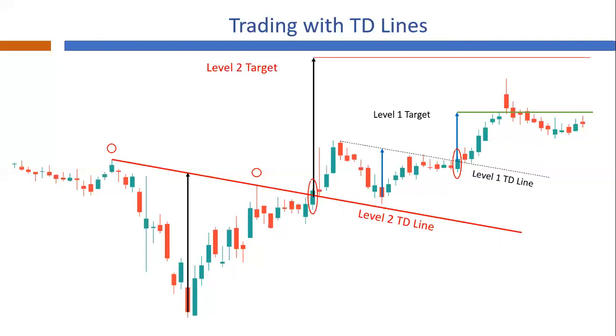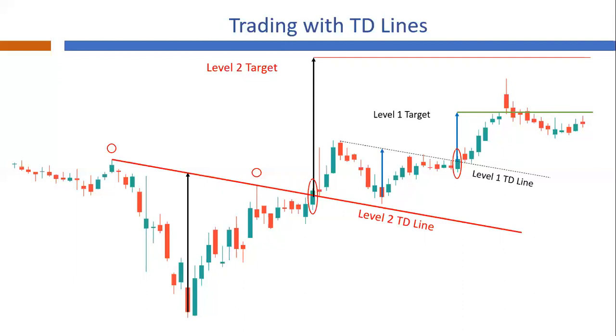It reduces or filters out number of trades because we wait for higher level TD lines breakout. The breakout of higher level TD lines provides the context of the market, and then we can trade only in direction of the trend. In the given example, we will be looking only for long or buy entries till the time the price has not broken out in the opposite direction, that is level 2 TD demand line, or till the time the price objective or targets for the same is not achieved. To trade on basis of this method, do note the following points.